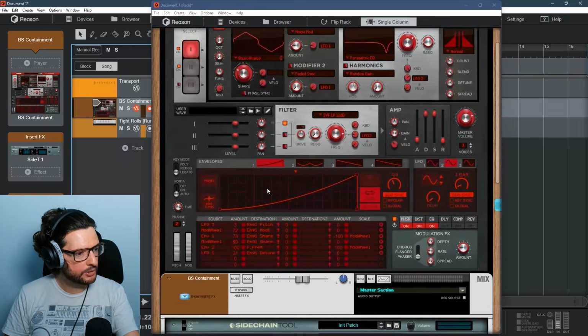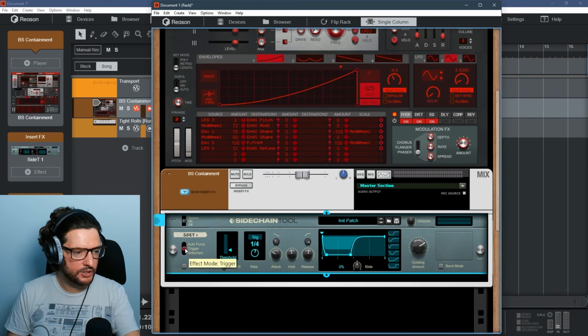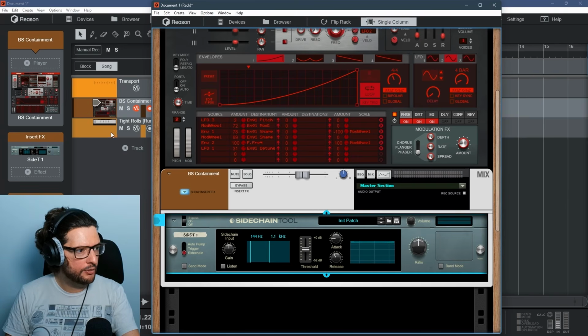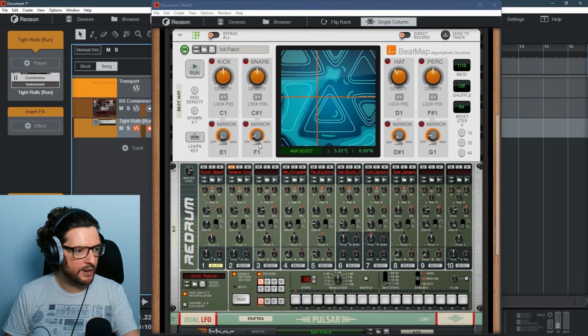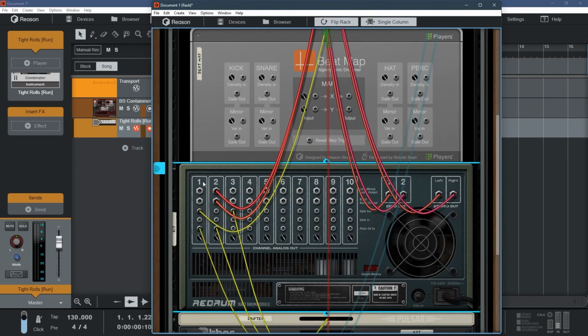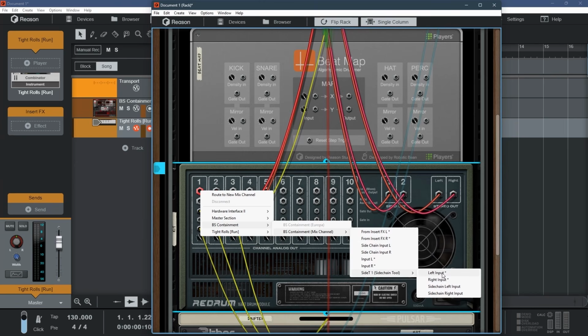Well, that's unfortunate. So, handily, on the front panel of sidechain, there are 3 different modes you can use. You can use trigger, which uses a CV input to trigger it, or sidechain, which uses an audio sidechain. So I'm going to hop on over back to the drums, flip the rack around. Channel 1 is our kick drum output. So I'm going to take the output of channel 1 and route that into the sidechain input of this sidechain